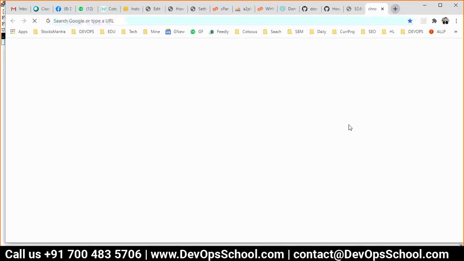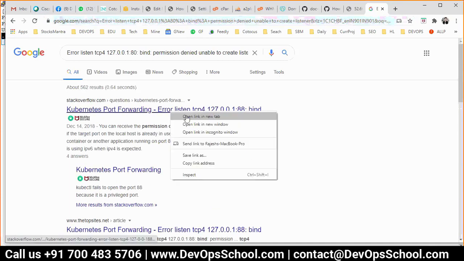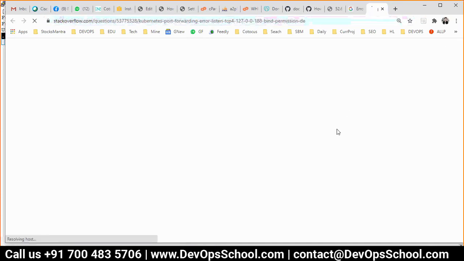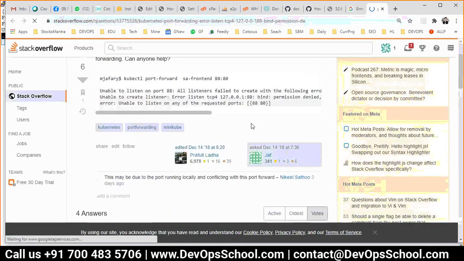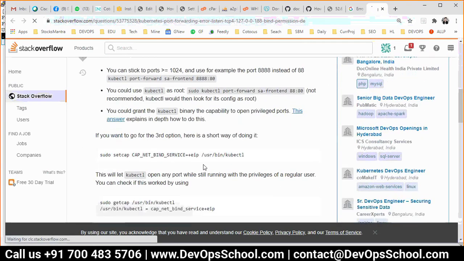Anyone has an idea what the issue is? So my system is running CentOS. My container is running Nginx. That is a problem.